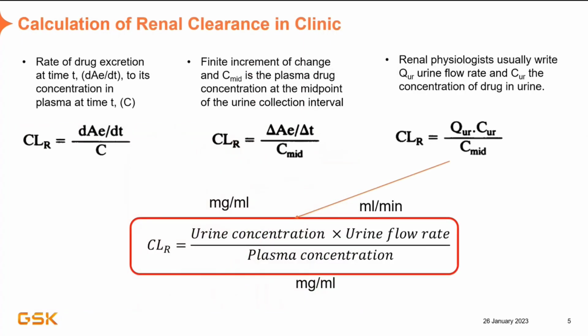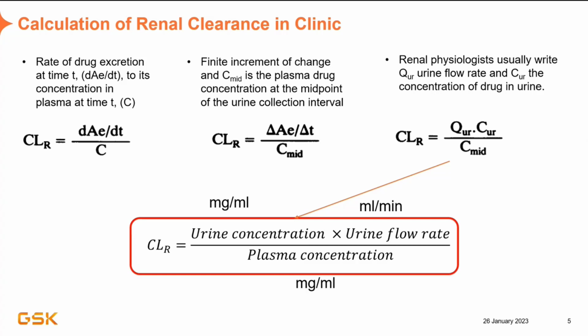Now I have seen both sides. I have been in PBPK development, and I have been working in GSK for a year now, and I see the clinic side and the clinical trials. It's quite important for me now to understand how each of these parameters is measured and calculated. Renal clearance is one that is quite often measured in clinic. Around 30% of the drugs on the market are renally cleared, so it's quite important to understand all the routes of elimination.